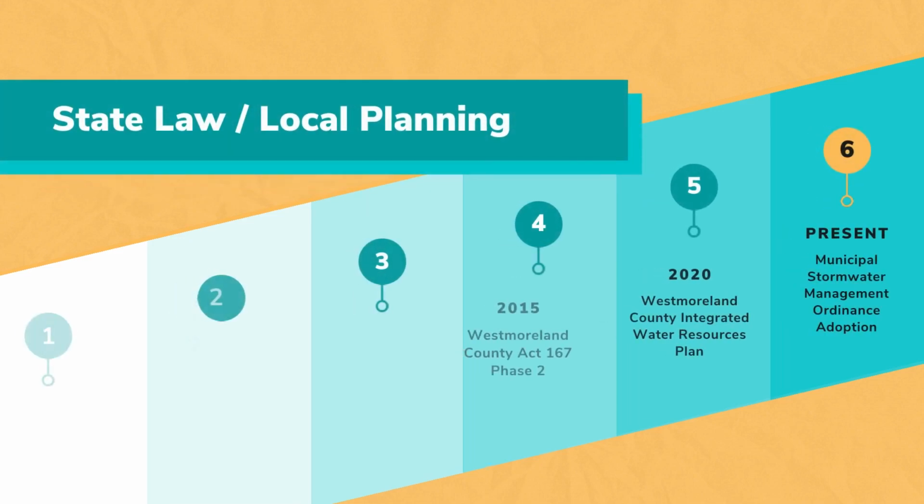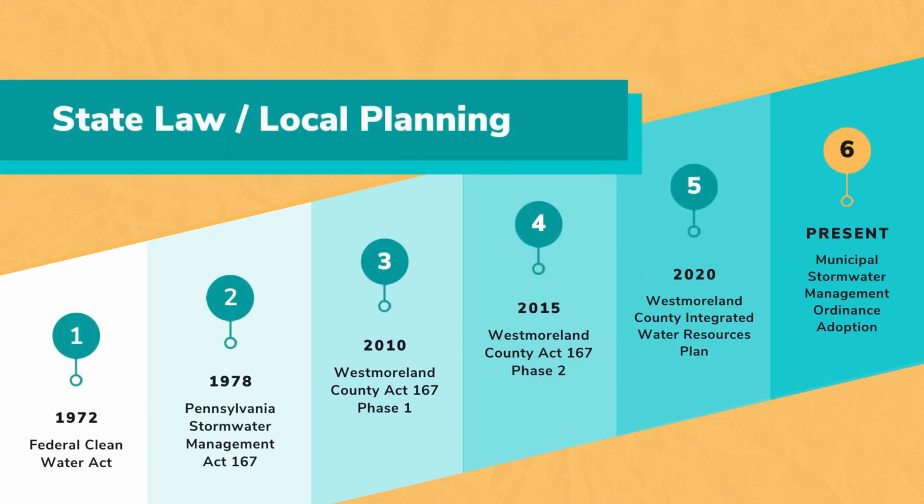The new stormwater ordinance has been born out of a long history of Pennsylvania law and local planning. After the Federal Clean Water Act was created in 1972, Pennsylvania passed the Stormwater Management Act 167 in 1978. In 2010, Westmoreland County completed Phase 1 of their Act 167 plan, which included identifying the many stormwater issues in the county. In 2015, the county started Phase 2, which led to 2020, when the county commissioners adopted the Integrated